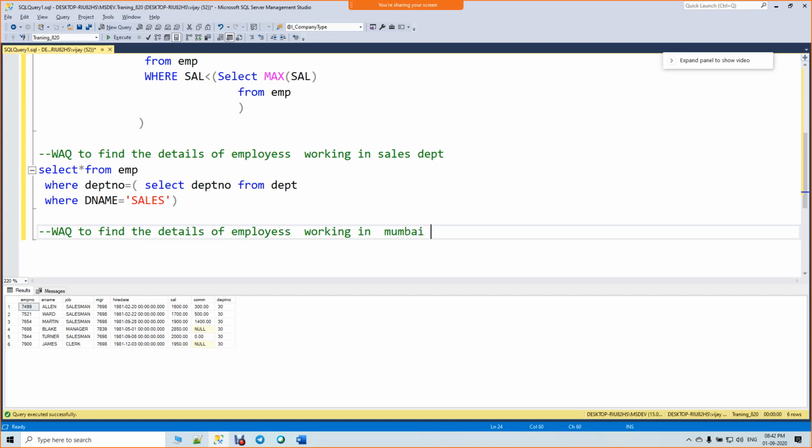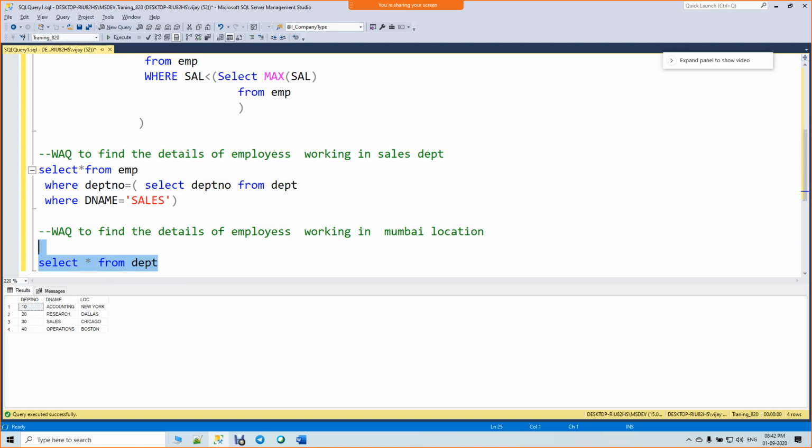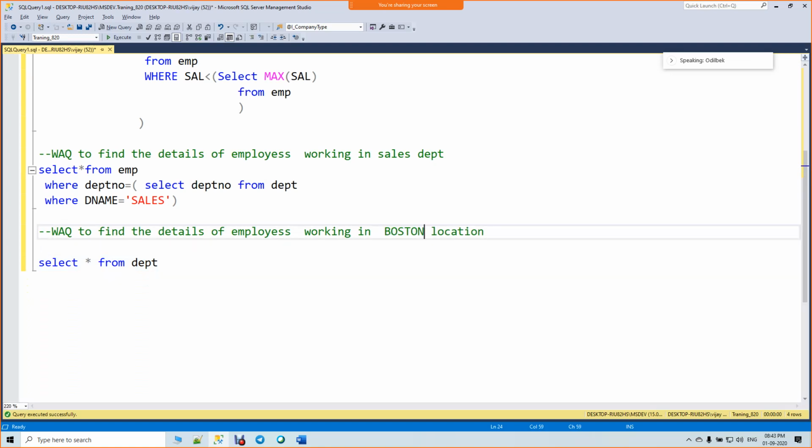Mumbai is one of the cities in India. Mumbai is not in the department table, sorry, just a moment. Okay, let me take Boston. Write a query to find the details of employees working in Boston.